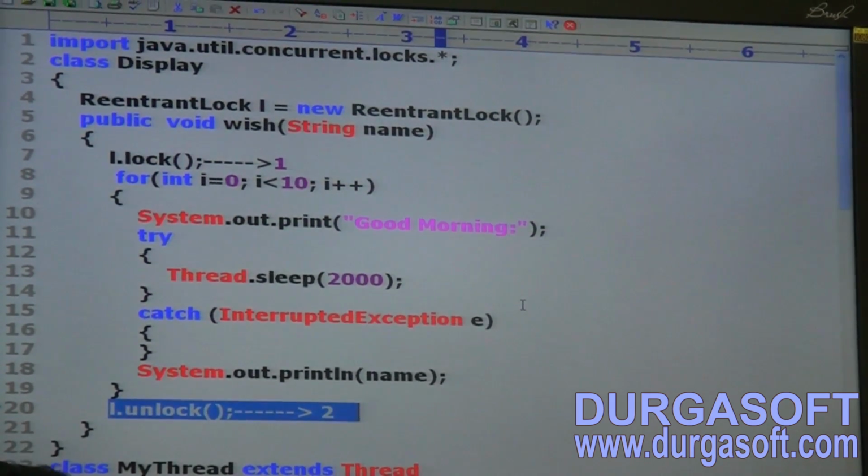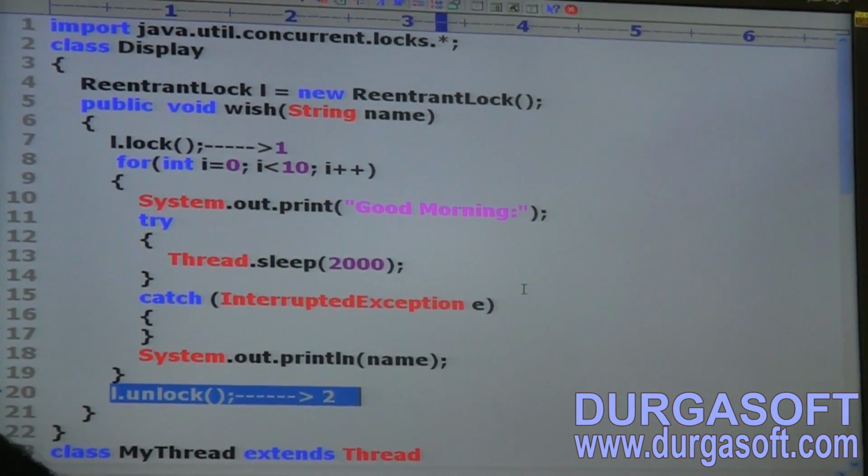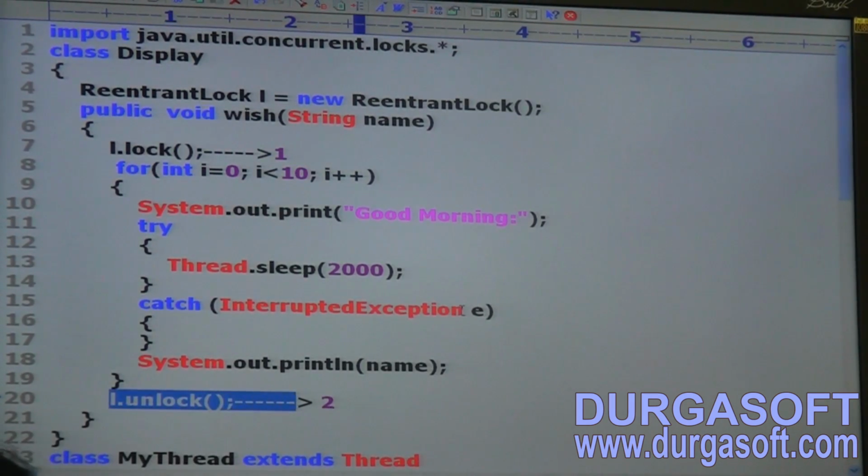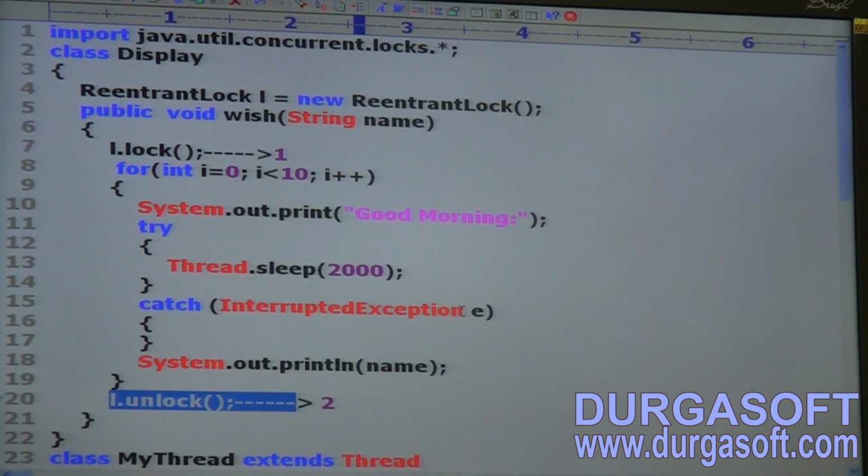Okay, here just add a comment on line 1 and line 2. If we comment line 1 and 2,